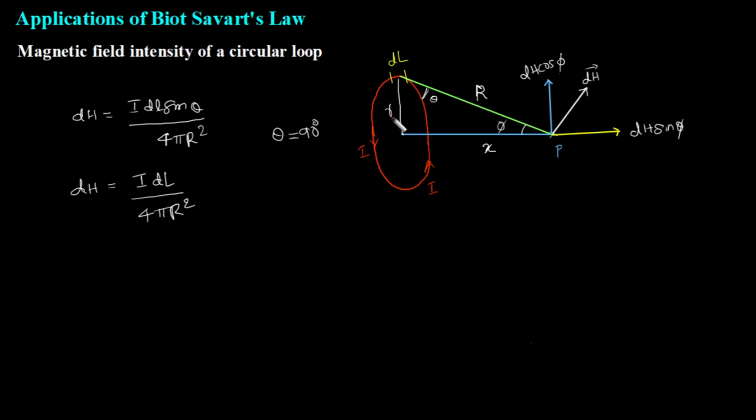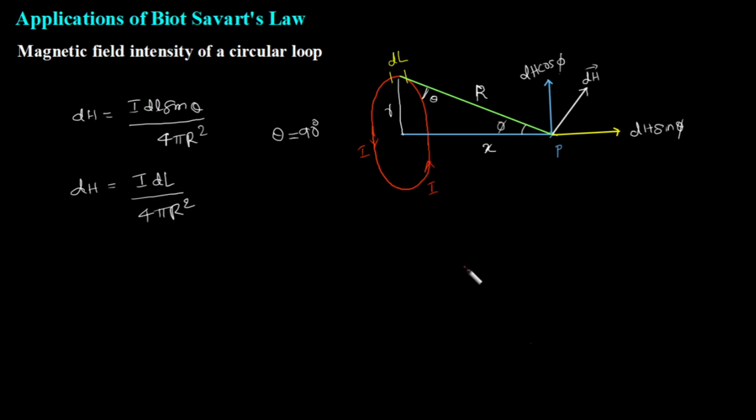That is the idea. So when I shift to this dl here, correspondingly there will be another dl here also, right? So this dh cos phi here and dh cos phi of this particular one will also cancel. I have just taken top and bottom as an example, but this is true throughout the loop. Anywhere you consider dl, you consider the exactly opposite dl, dh sin phi will remain the same, but dh cos phi will cancel each other. That tells you that the vertical components will always cancel each other. This dh sin phi remains.